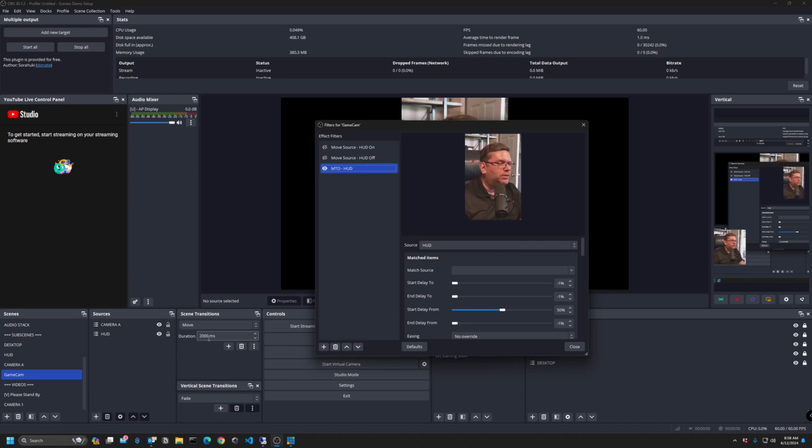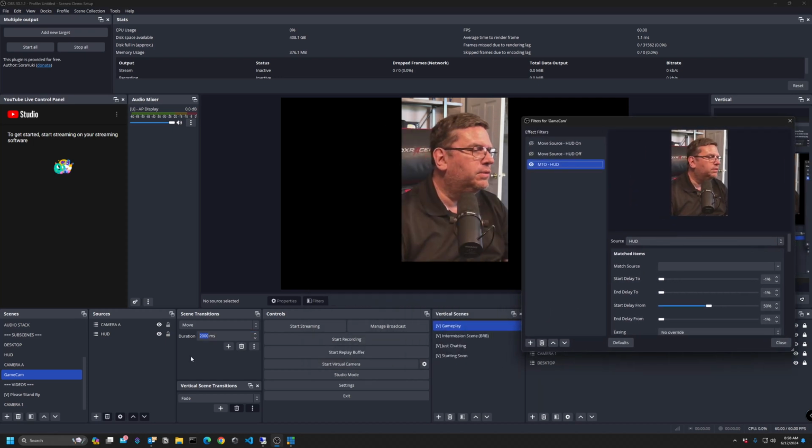So what we're saying is, since the scene transition is 2,000 milliseconds, at 1 second we're going to start moving the camera. So the camera movement is delayed on the way out because we have to have time for the HUD to disappear. I know it's very complicated and very confusing, and I don't think this is the most efficient way to do it. But if you watch the filters as I do the transition,